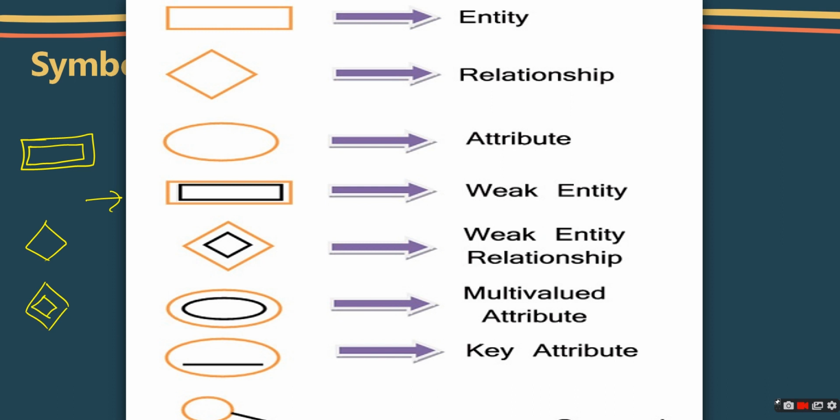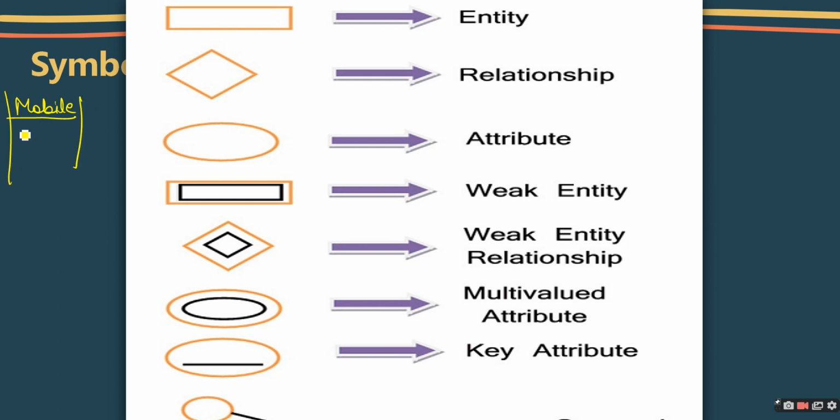Just the same way, the multi-valued attribute. Multi-valued attribute means, take the example of a mobile number. A person can have a single mobile number and can have a double mobile number, right? So it is a multi-valued attribute. It means there is only one column, but I can store two mobile numbers at a time using a comma or anything like that, right? Just like the case of address. Address is also multi-valued. Multi-valued means in our single column we are going to store many things, like address is a combination of pin code, state, or country. So many things are associated with only this address, right?